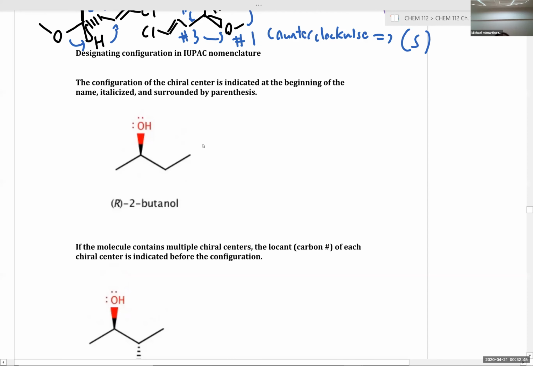Okay, so let's talk a little bit about how our nomenclature rules fit in with assigning stereochemistry at chiral centers. The configuration of the chiral center, so R versus S, is indicated at the beginning of the name, italicized, surrounded by parentheses. So for example, this molecule would be